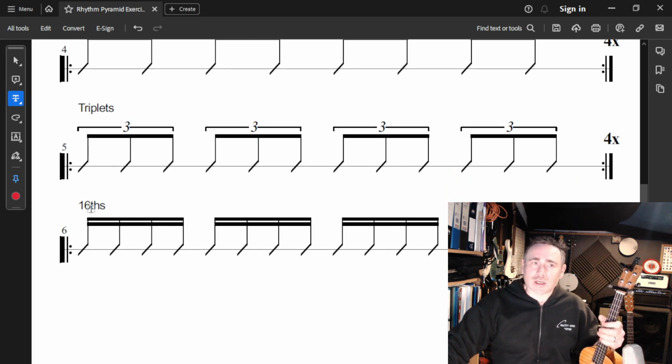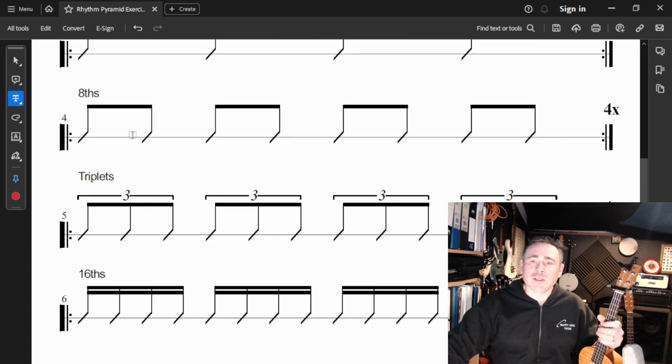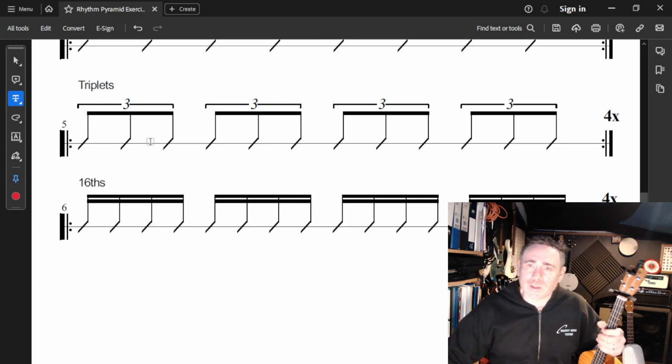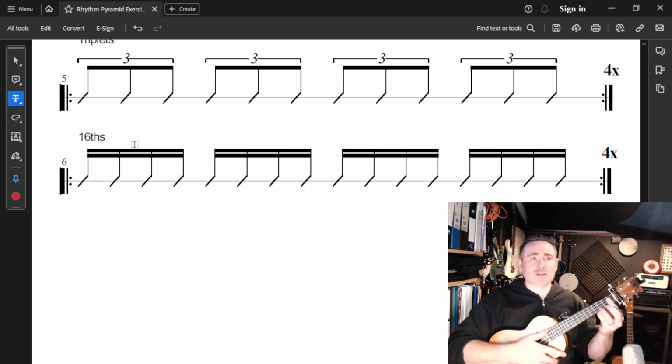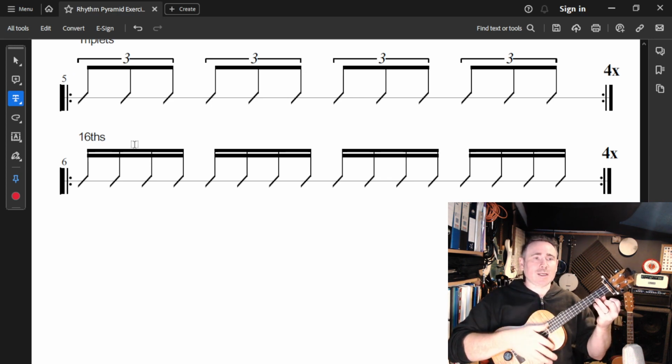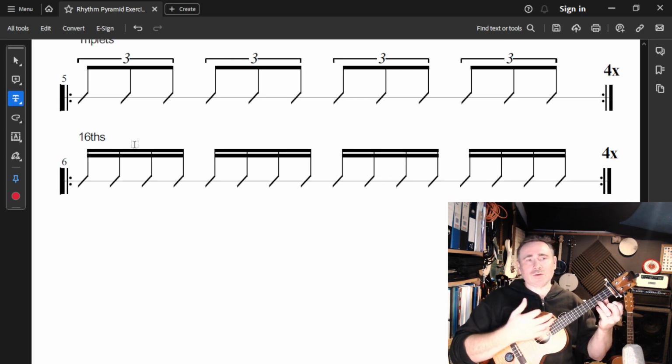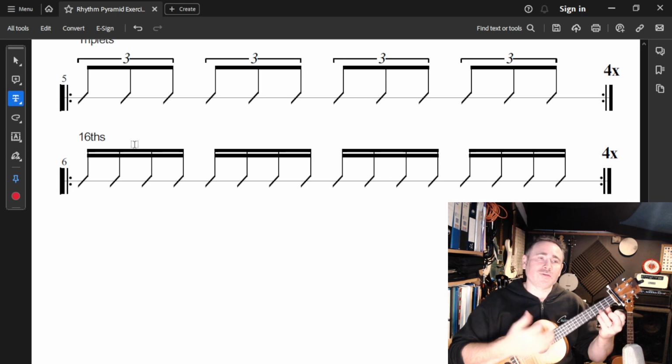And you'll hear this in a lot of music, and if it's slow as well, you hear a lot of 16ths played in between the eighths. I'll give you the example of that in a minute, but if we look at the 16ths straight, we're going to literally play this as down and up strums, and we're going to go really slow to start with as well. 1 e and a 2 e and a 3 e and a 4 e and a